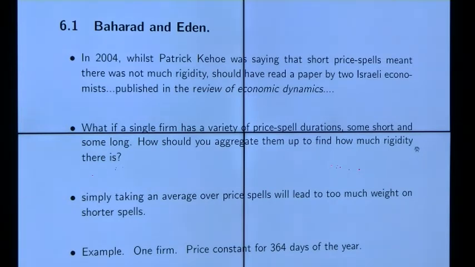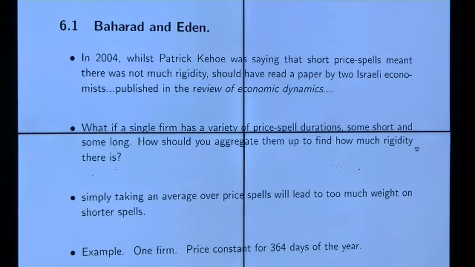You can reach a similar conclusion by looking at the distribution of price durations, by applying all these various filters. And in fact, the cross-sectional filter is a bit like a filter. So what you're doing is you're filtering by giving different weights to different price spell durations. So the two approaches are in a sense equivalent, but I think it's more intuitive to look at the cross-sectional